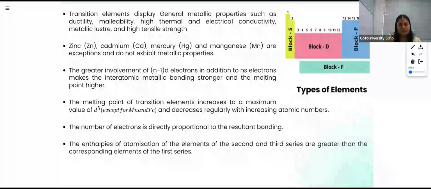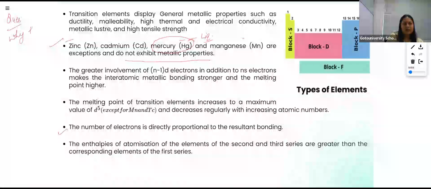Right. So here is one question I want to discuss with you. We see that these elements, zinc, cadmium and mercury, do not show metallic properties, and I have said that mercury exists in liquid form, right? Now, this question has been asked in the exam a number of times: why is mercury liquid, or why does it exhibit a liquid state? So the answer for that is because all the